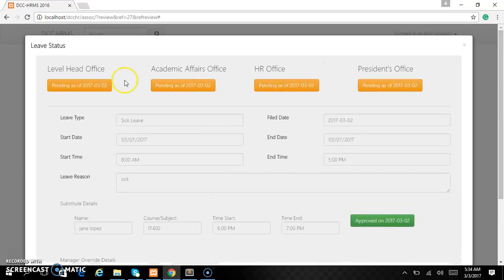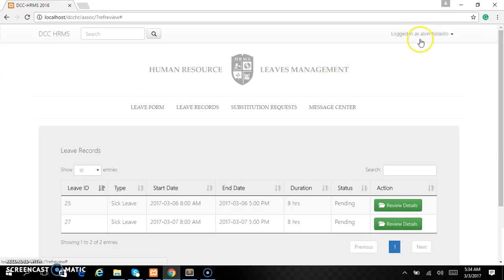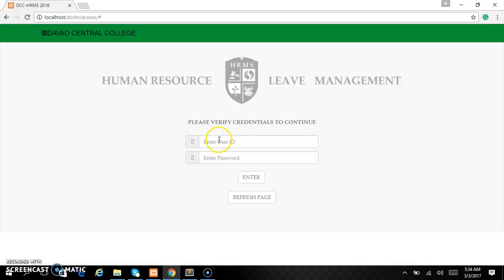So let's go to the level head. Skip this one and log out, and we're going to log in to the account of the level head. So since this is an IT department, we're going to log in the IT head. So ID 00 and then 123 and enter.